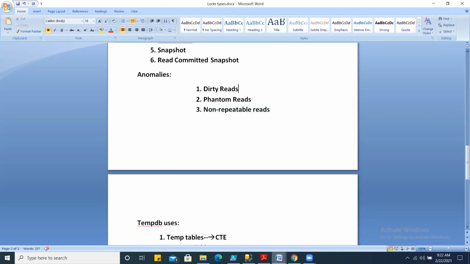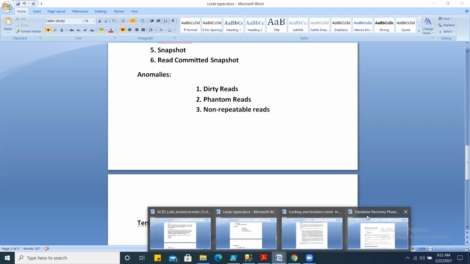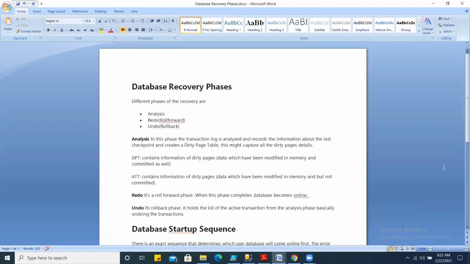In the last class, I was talking about database recovery phases. I started to talk about this because I was talking about durability, the D in ACID, and how SQL Server achieves durability.